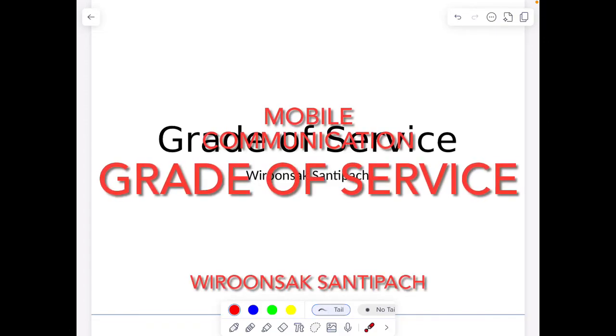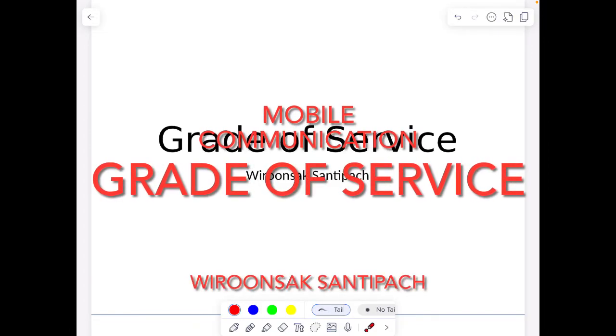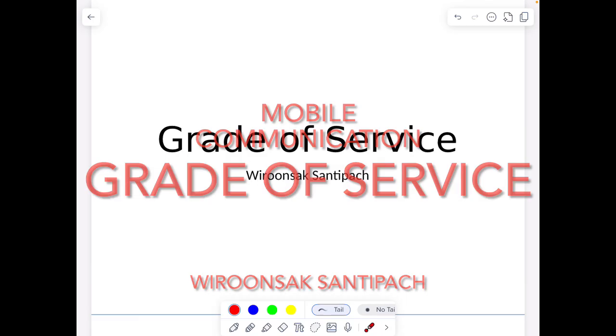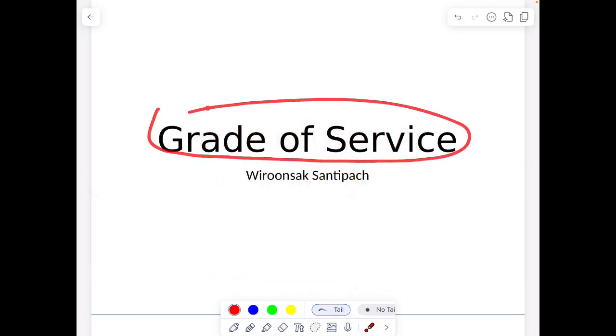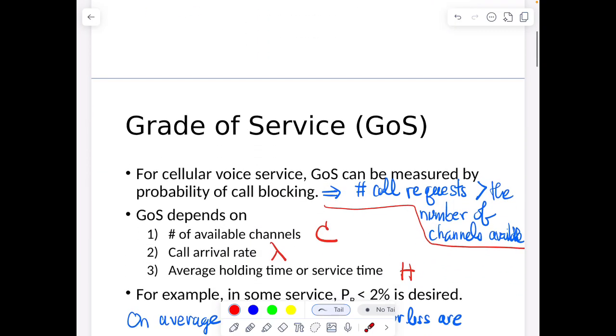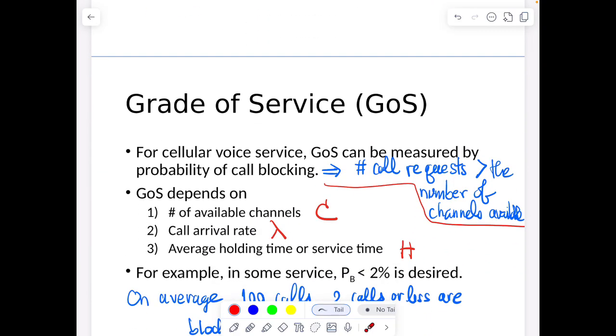In this clip, we're going to explain how we measure the performance of the network, especially what we call grade of service or level of service. For our purpose, we're going to consider cellular voice service. The grade of service, which we can shorthand as GoS, can be measured by the probability